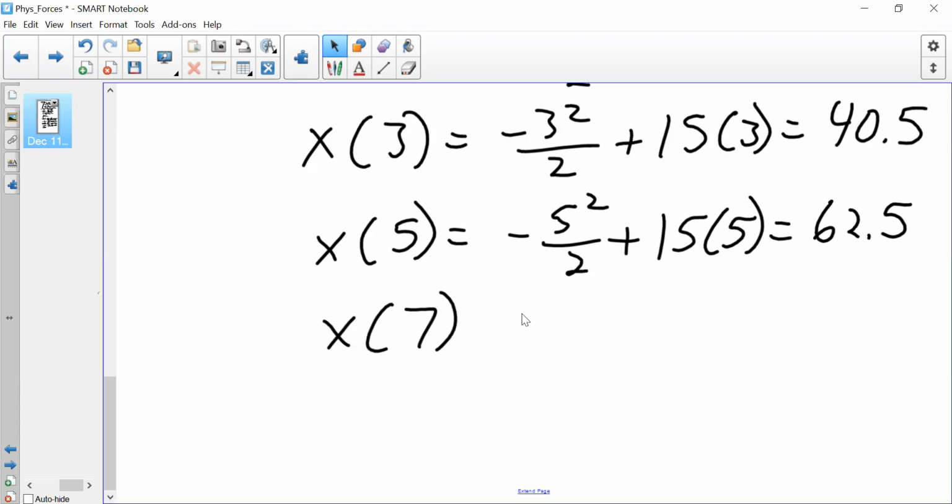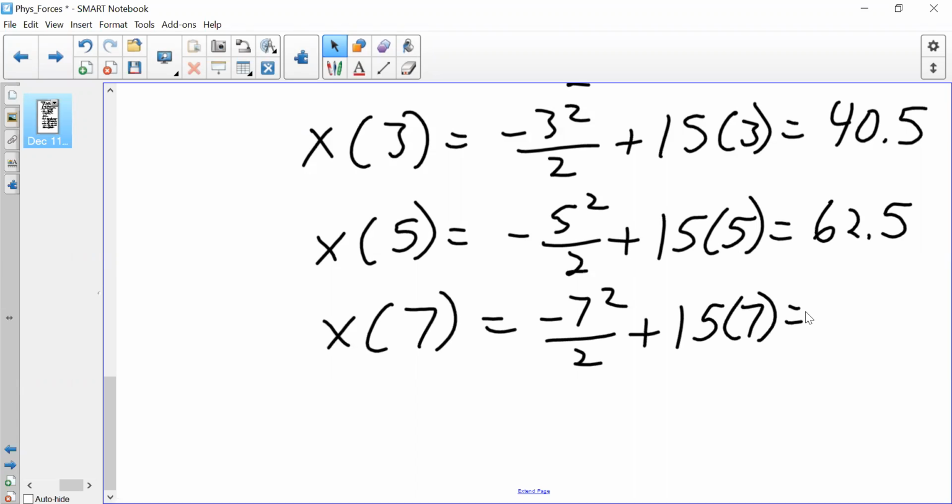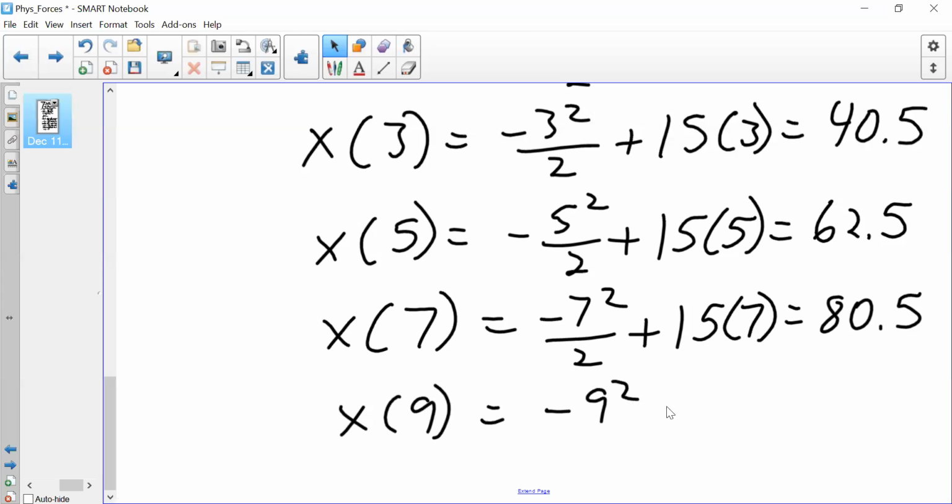T is equal to 7, x will be equal to 80.5. And then when t is equal to 9, position will be